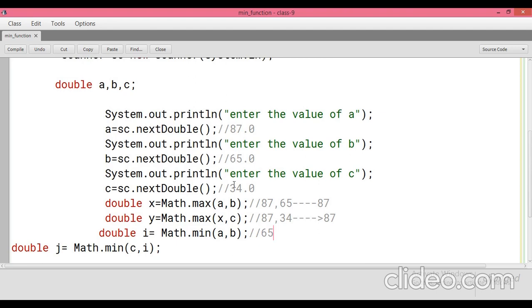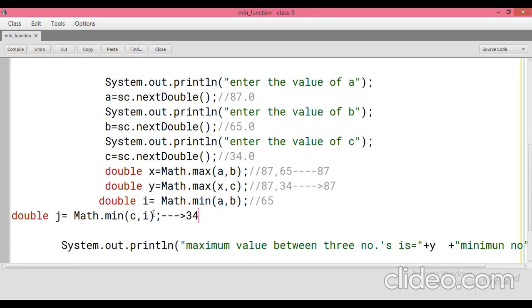The c value we have passed is 34 and the i value is 65. Of 65 and 34, the smallest value will be 34. The output goes to the variable j of double data type, because it returns the value in the required format. Whatever argument type we have passed, in the same format it will return the output.